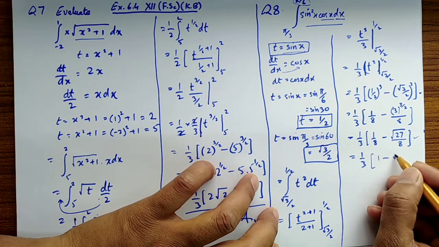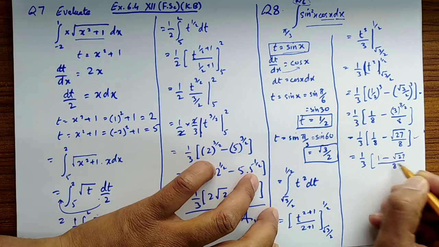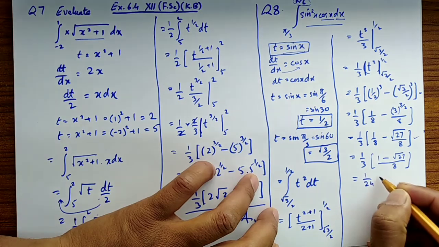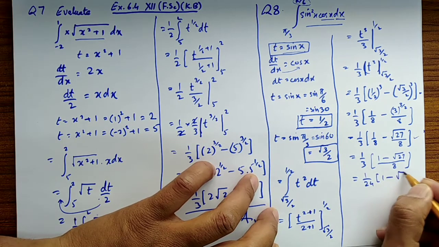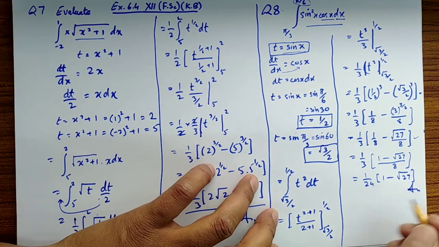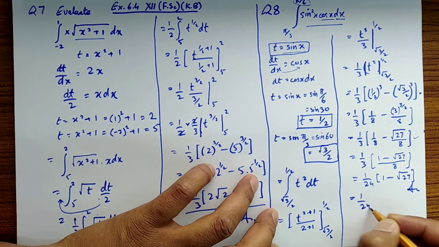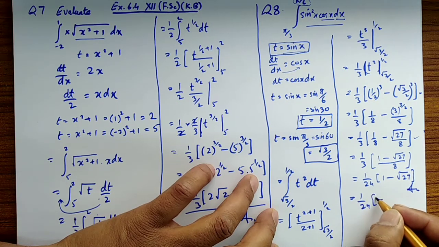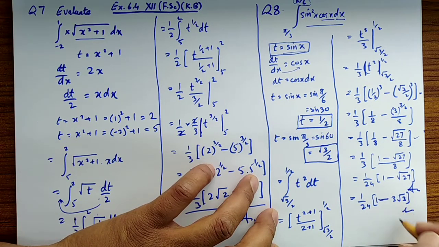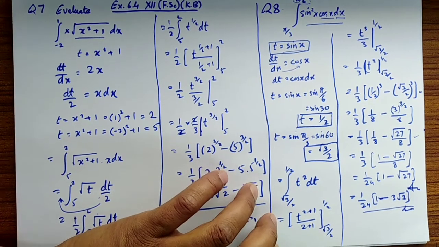So 1 minus root of 27 upon 8, take this 8 outside, so that gives you 24. You can consider this as your answer, right? Or one more thing you can do, that is 1 minus 3 under root 3. This is also your answer. So these all steps represent the answer, and this one shows the simplest. Further, this part you can't do anything. So this is your final answer.